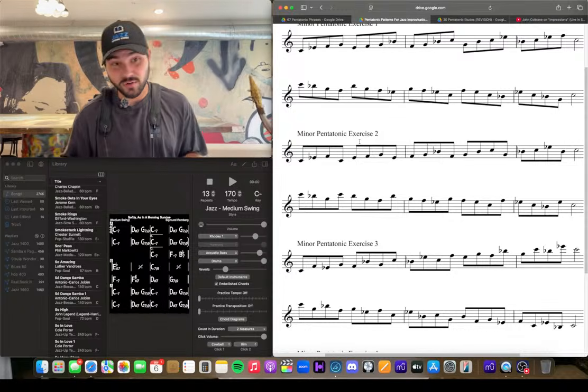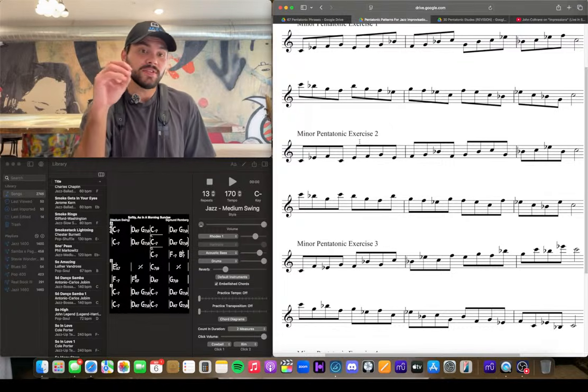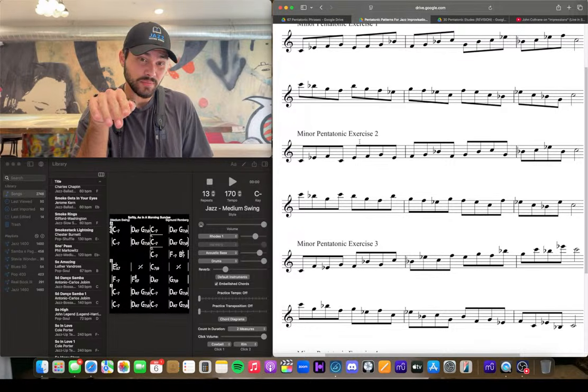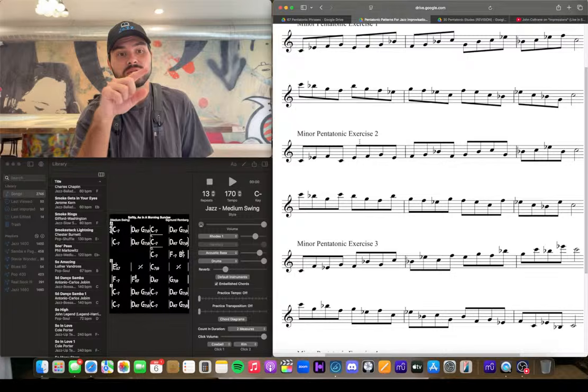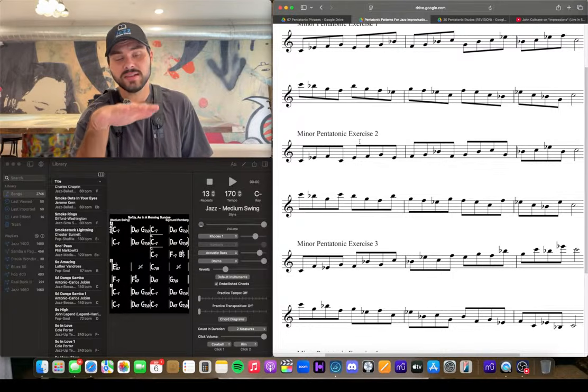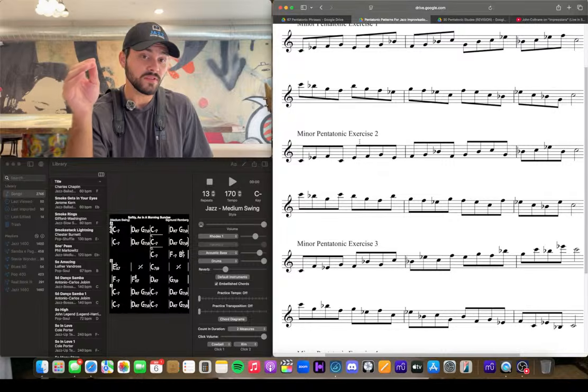And another really great thing about pentatonics is that they're very versatile. And we're going to talk about what pentatonic shifting is in a second, but even from a diatonic standpoint. So you know how we talked about how C minor pentatonic and E flat major pentatonic are the same? Well, there's also a couple other functions for these. Any of the 5 notes that we have in our pentatonic scale can work over one of those 5 note